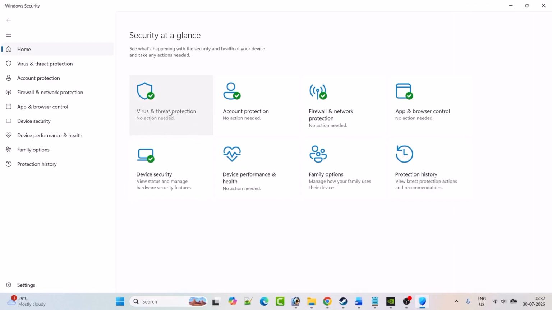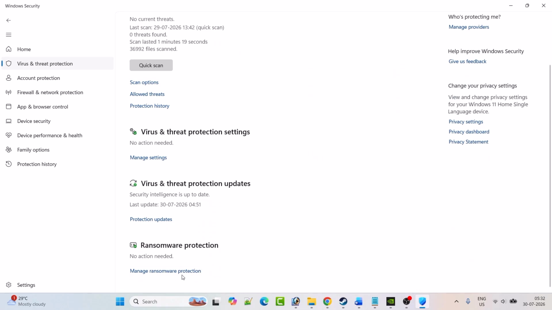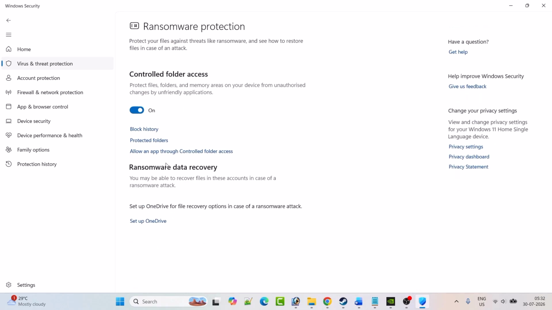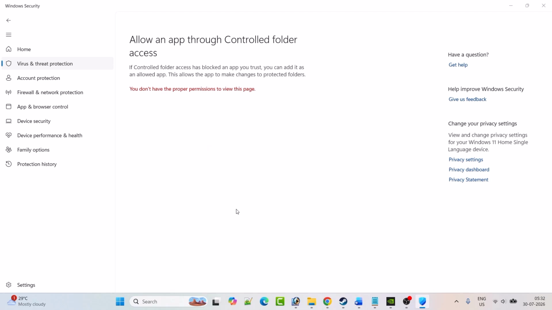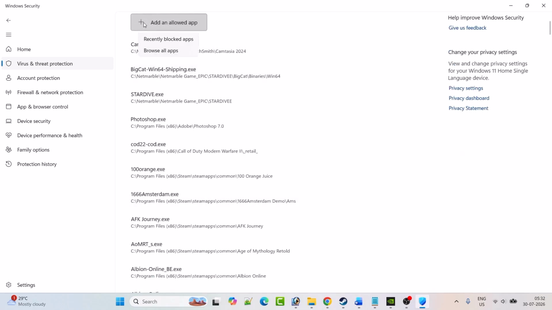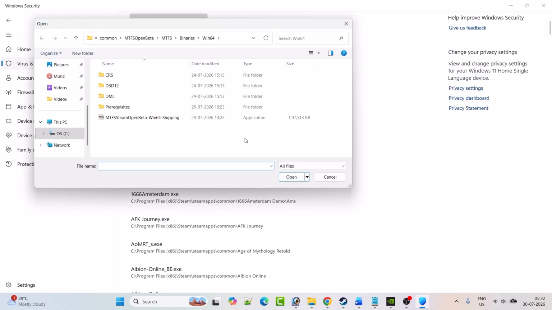Click on virus and threat protection. Scroll down, click on manage ransomware protection. Click on allow an app through control folder access. Click yes to allow. Then click on add an allowed app, browse all apps, and then browse to the game